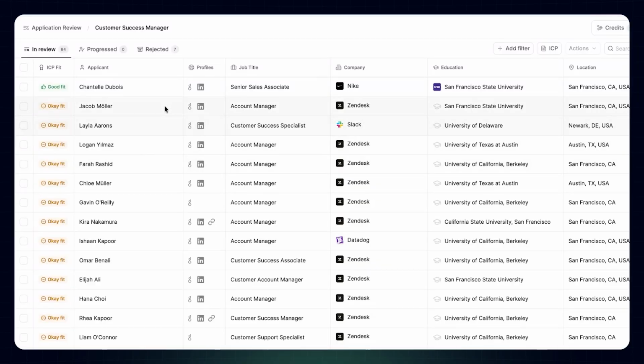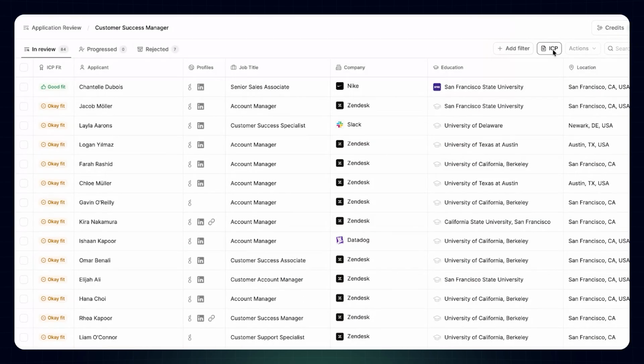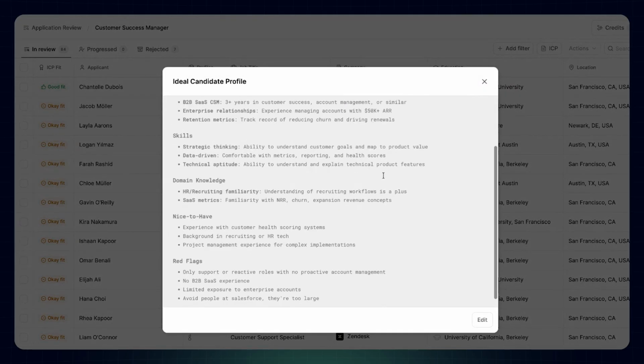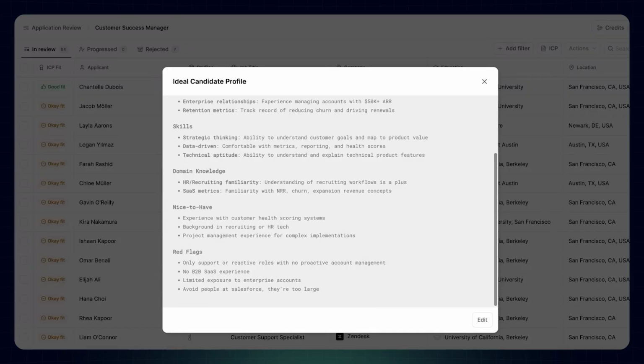The application review product is really great. Maybe we'll do another session on that another time. The main thing I want to show here, though, is this ICP. This is what the primary work product is, I think, as a recruitment person now: engineer the context such that the AI understands what we're looking for just as well as I do, and then use that context in any part of the workflow where it makes sense. That inherently lends itself towards this platform approach, which is obviously the approach we're taking. So yeah, we're cooking on this front as well.